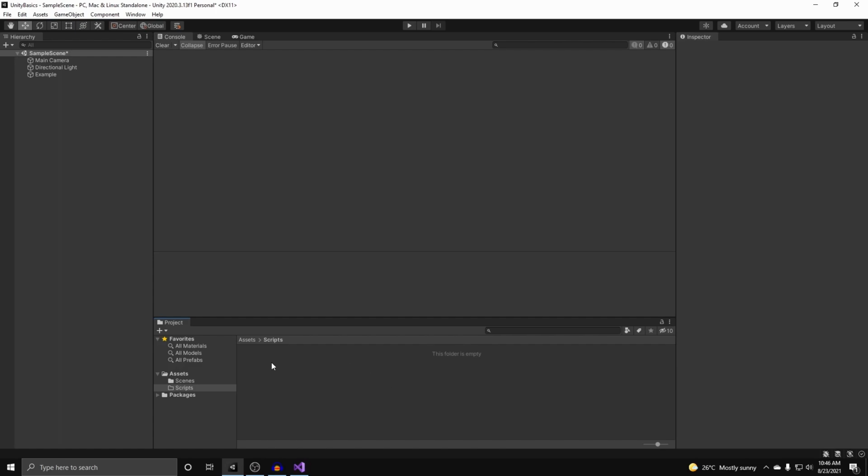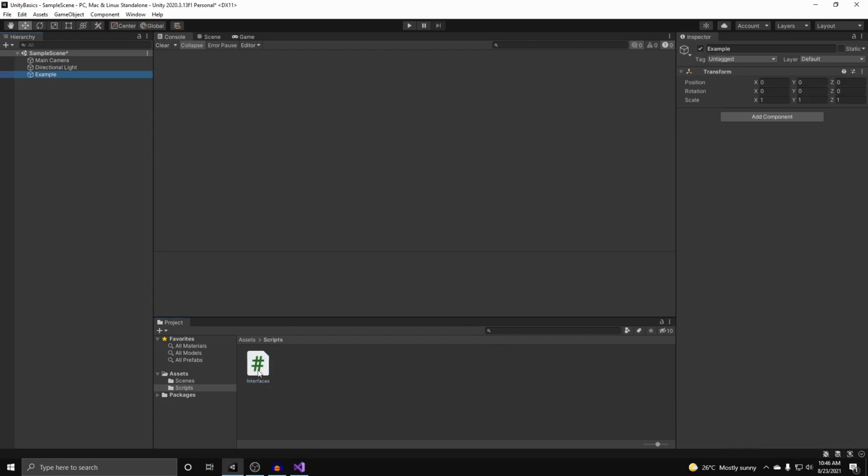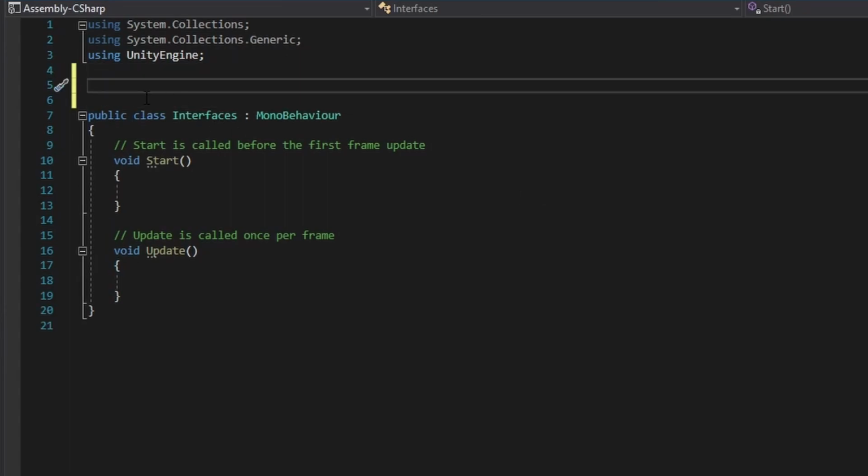So to get started, I'm going to create a new C# script. I'm just going to call this interfaces, and I'm going to attach this to my example game object, and we can get coding. So to make an interface, above my class or in any other C# class, you just type in public interface and you put the letter I to indicate that what you're creating is an interface, and you put in the name of what you want it to be. So I can just do I